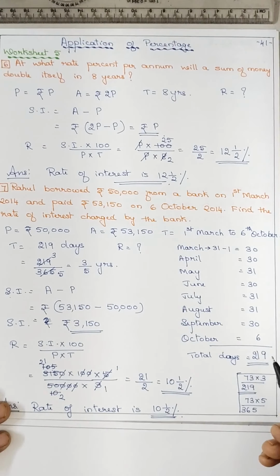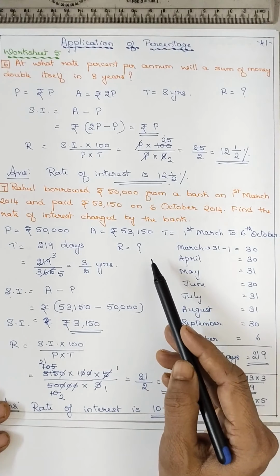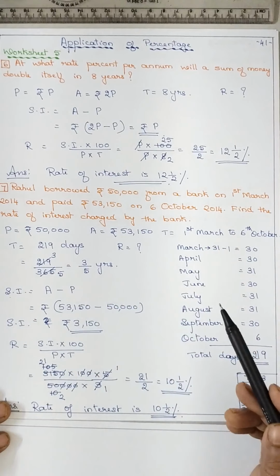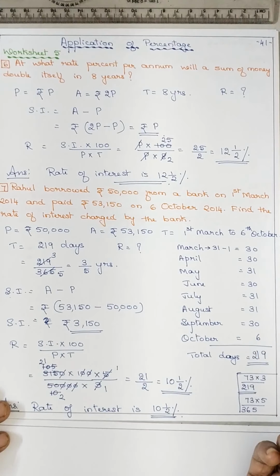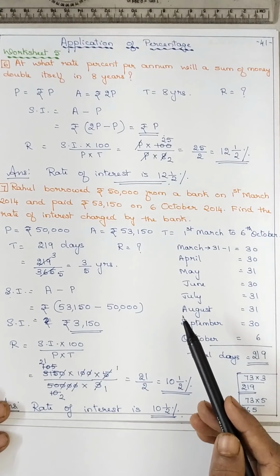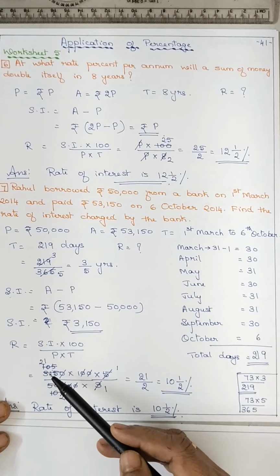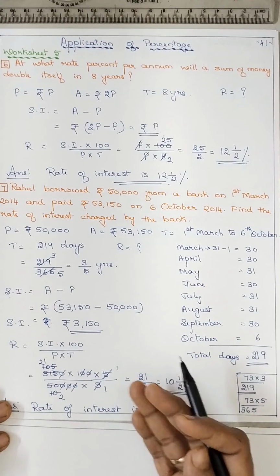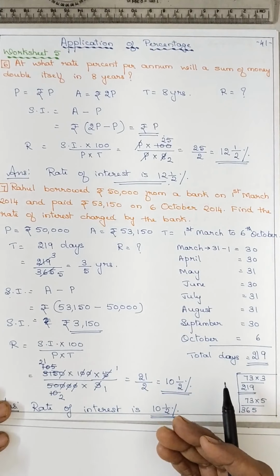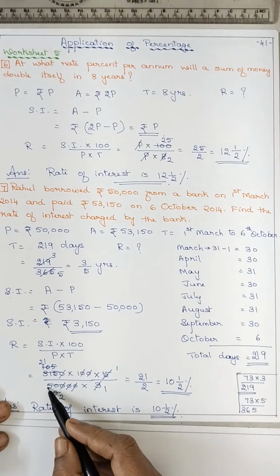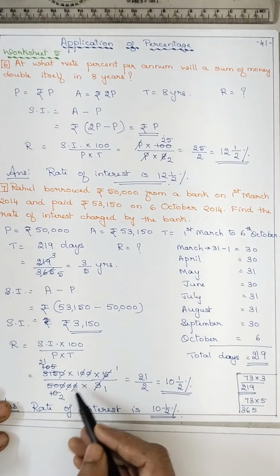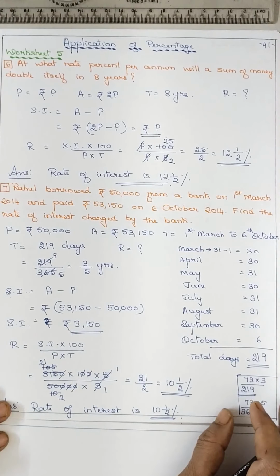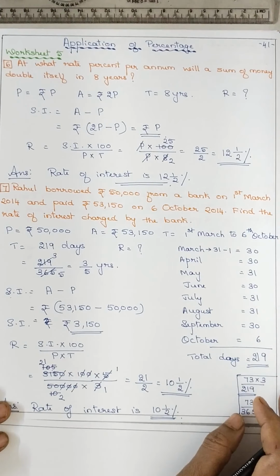Then to find out R, you want SI, but SI is not given, but amount and principal are given. So find out SI by amount minus P. Then put the formula of R and calculate. ठीक है. इधर कैंसलेशन कोई भी मेथड से कर सकते हो. You can do it by taking 3 first, or by taking the table of 5 here and there. But at the end you have to get the same answer.